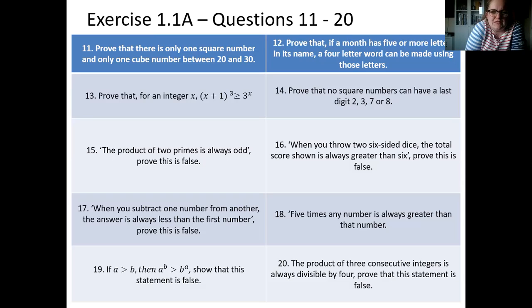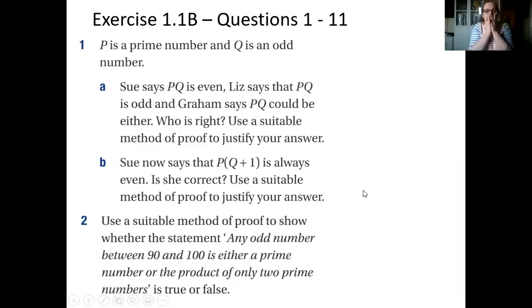16, when you throw two 6-sided dice, the total score shown is always greater than 6. Prove this is false. Another quite nice example, and then we'll get into some more complicated ones there. Let me just pause this screen share a minute. What we've got here, these would be some quite good ones to pause at and have a go at yourself